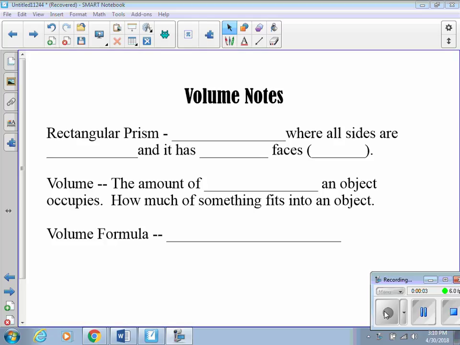Alright, yesterday you guys started some volume notes, and even some of you got to surface area. We're going to backtrack to the half sheet of volume notes that you already had glued in your notebook. We're going to go over a couple things. We're going to do a couple examples together, and then we are going to learn the information to take volume one step further and apply the volume